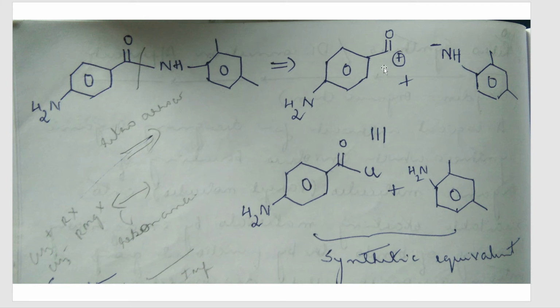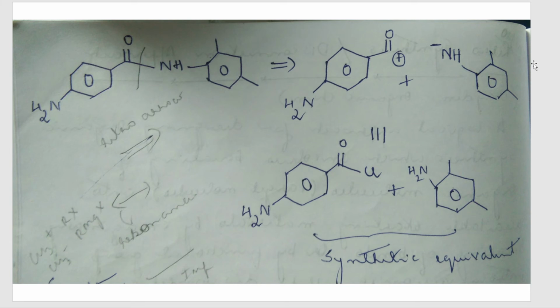You can add bromine or iodine, but most preferably, usually what we see, there will be a chlorine and there will be elimination of HCl, correct? So you only have to write the synthetic equivalent. Here we are adding a Cl, and here we are adding the H. This is just you predicting what type of reactants might be there in synthesizing this particular product molecule. So I added a Cl here, I added an H here. This is called a synthetic equivalent.